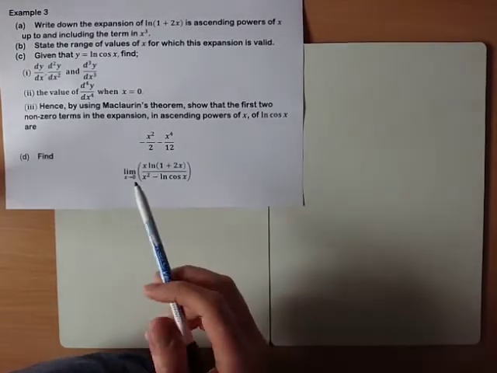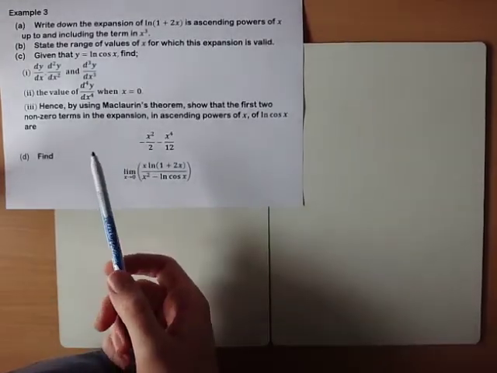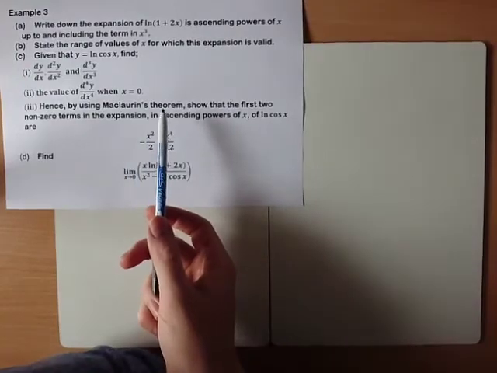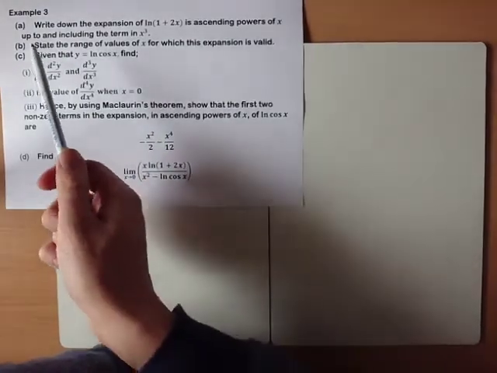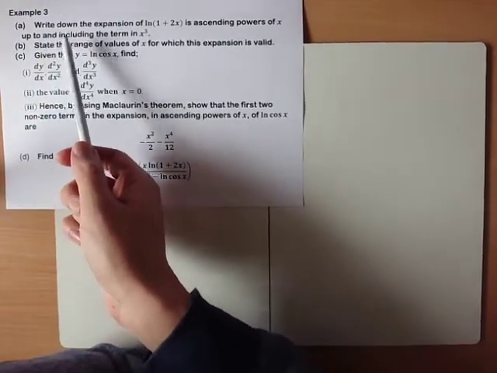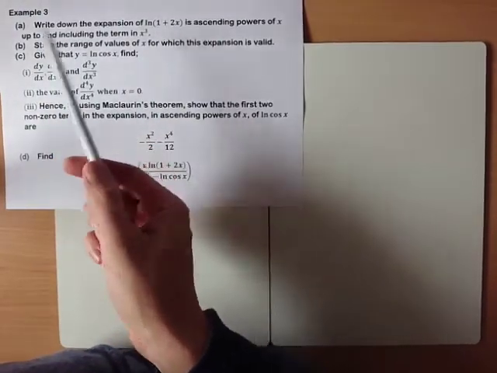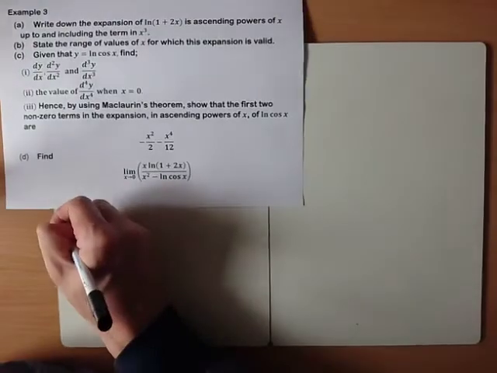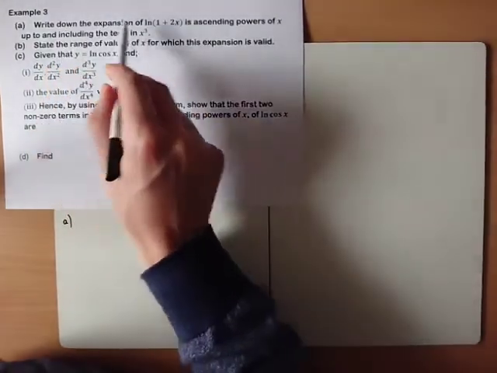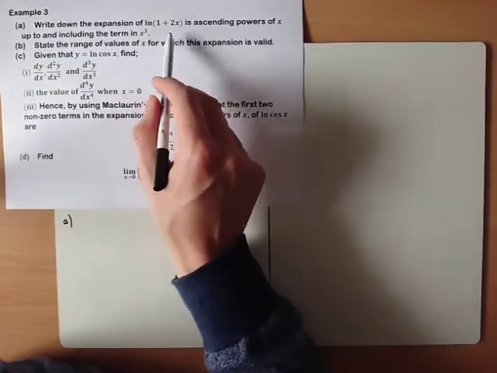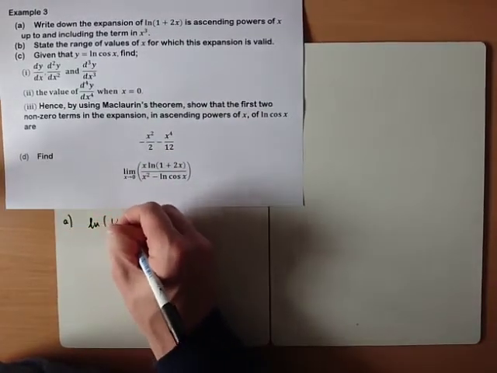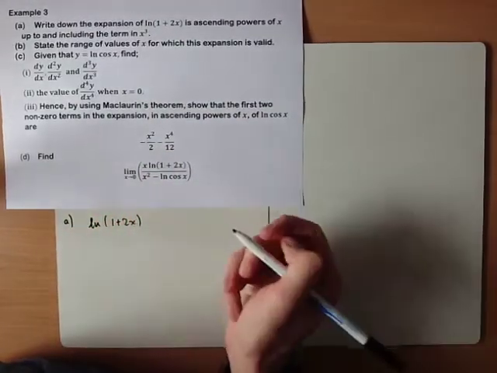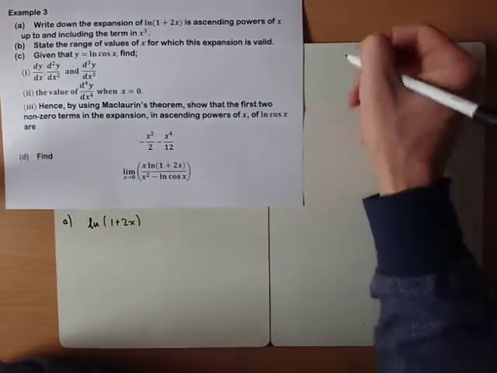We're going to look at two exam style questions using the technique of Maclaurin's theorem to evaluate series expansions. The first part of the question says write down the expansion of ln of 1 plus 2x. Now clearly, when it's written in this form, we can use the shortcut. We're being asked about ln of 1 plus 2x, so we can use the shortcut that we know for ln of